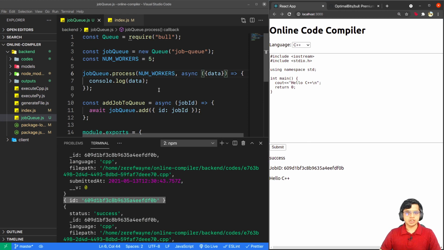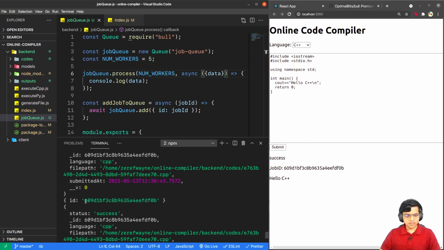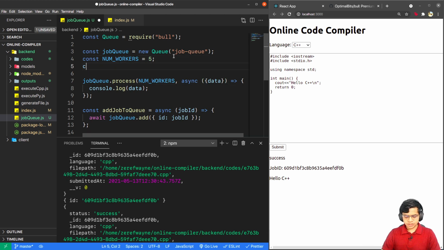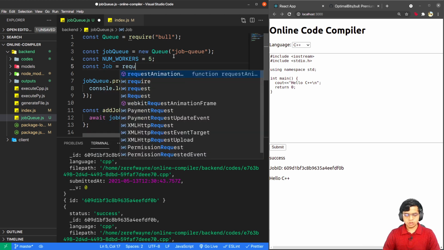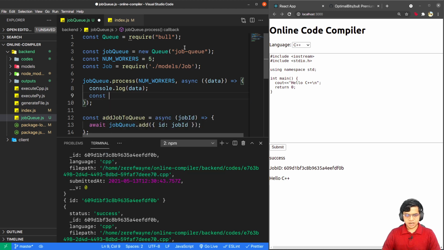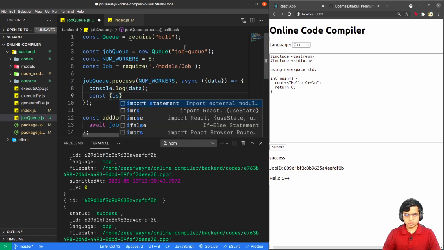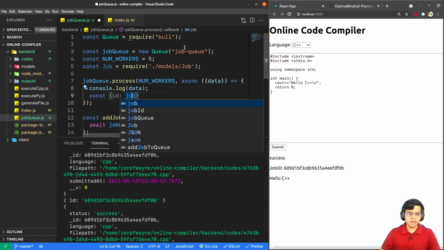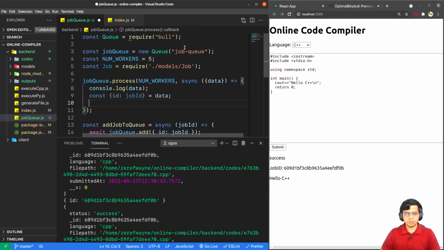Let's fill this process function up. Since we are getting this job ID here, it will be this process's responsibility to fetch this job from the MongoDB database. So let's wire this up. const Job is equal to require models/job, and now here I'll extract the jobId out of it. So the id would be renamed as jobId in data, and const job is equal to await Job.findById.